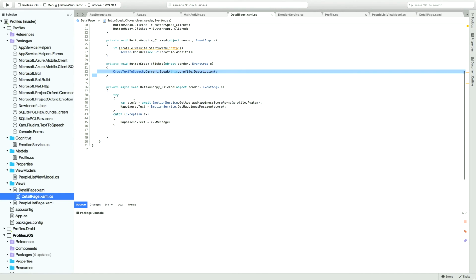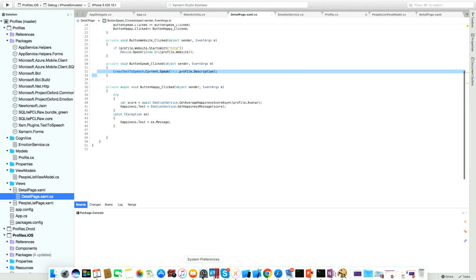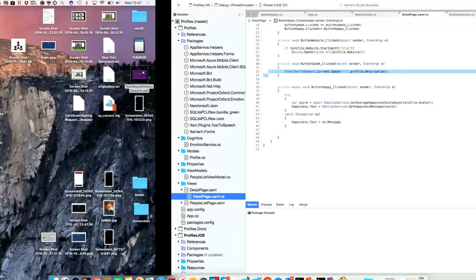Again, this is really simple to hook into our application. All I've done is call that emotion service with the get average happy score, passing in our avatar from our profile, because we've got that in our head, and I get a score back, which I then convert with another function into a more meaningful message, and plug into a label we've got on the form. Straight as that. So if I run that up, if I can find where I've hidden the simulator,